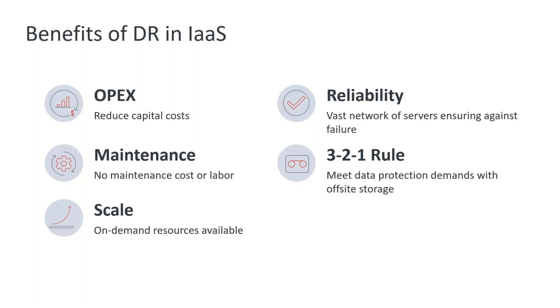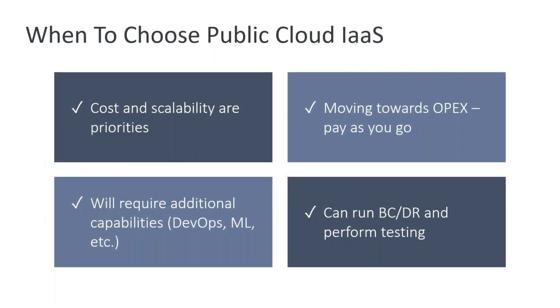Again, scale. They've made large investments and have a lot of resources available in the data center, and they've made it very easy to scale and grow as you need to under the OpEx model, pay as you go. Again, the positive of being able to scale. A negative could be, gee, I wasn't expecting a bill of that size at the end of the month. Reliability: there's a lot of equipment deployed, there are failures, and there's the ability to move. They also provide that offsite storage of your data. So that's DR into infrastructure as a service, where you think of going into a hyperscaler on their native technology.